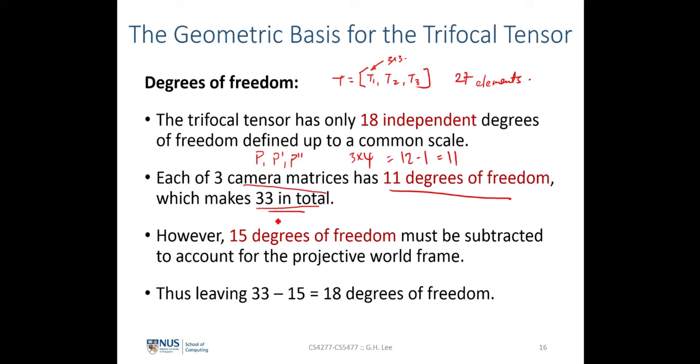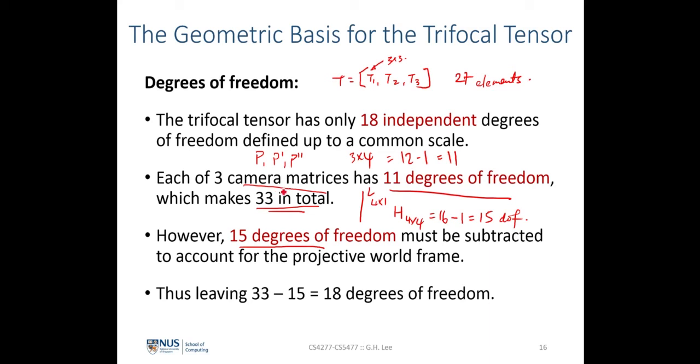What it means is that this particular 3D line has 15 degrees of freedom due to the projective transformation, because we know that the 3D line L can be transformed via the transformation which we call H, and this is a 4 by 4 matrix that can be applied to transform the 4 by 1 3D vector over here. And this has 16 elements in there, but since the scale is not defined, we can minus off 1, and that gives rise to 15 degrees of freedom in the projective transformation. So altogether,